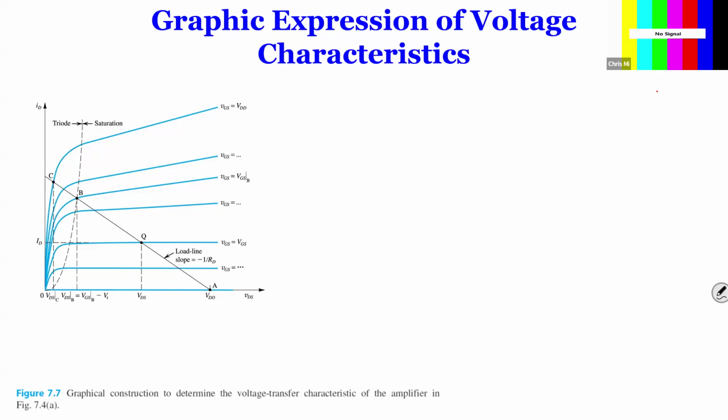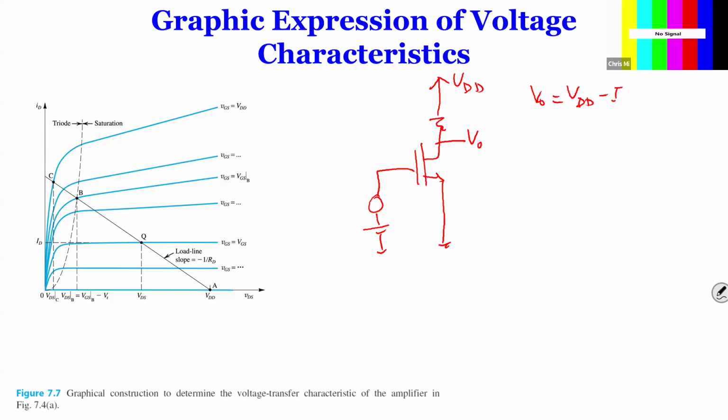In this case, for a given MOSFET, we can write two equations. One is VO equal to VDD minus ID times RD. And then we can also write